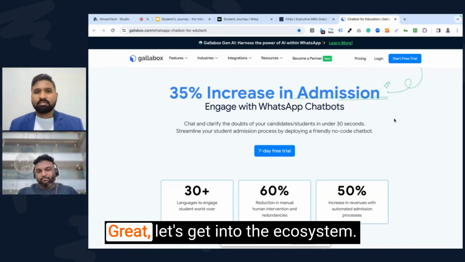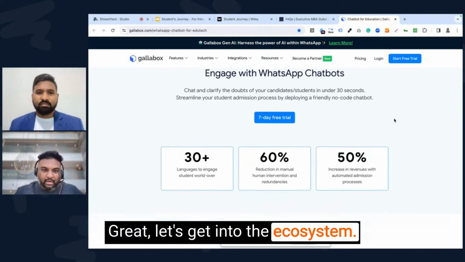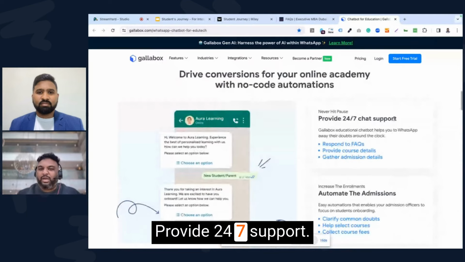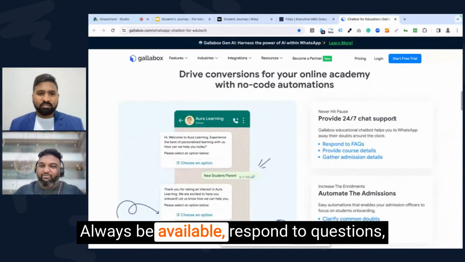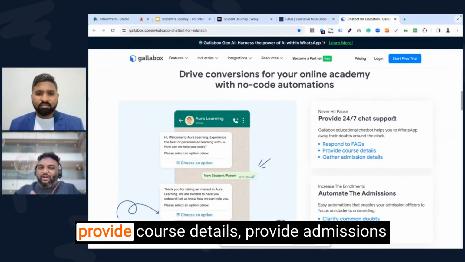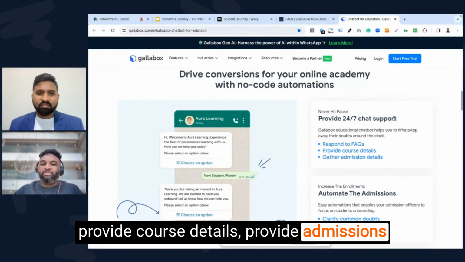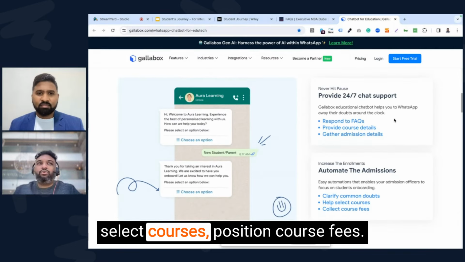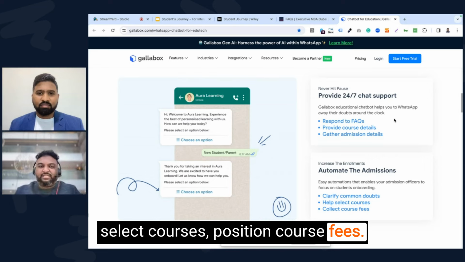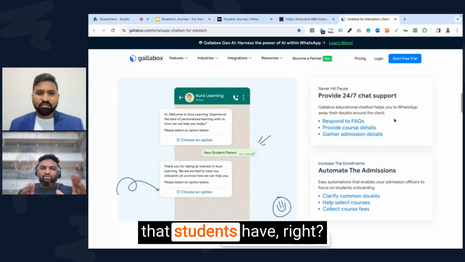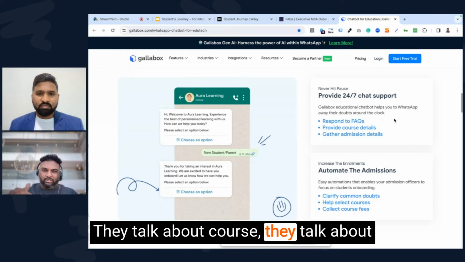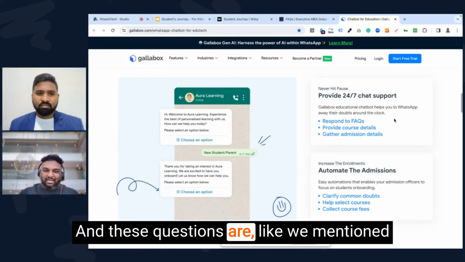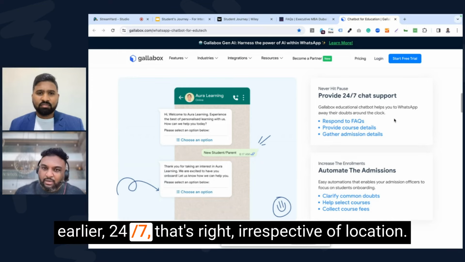Great, cool. Let's get into the ecosystem now. What gets really interesting is, all right, provide 24/7 support, always be available, respond to questions, provide course details, provide admissions details, clarify common doubts, help select courses, position course fees. Now, all of these are questions that students have, right? They talk about courses, they talk about admissions, they talk about common questions, they talk about FAQs. And these questions are, like we mentioned earlier, 24/7,